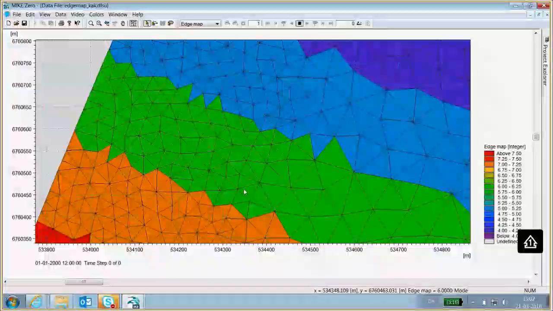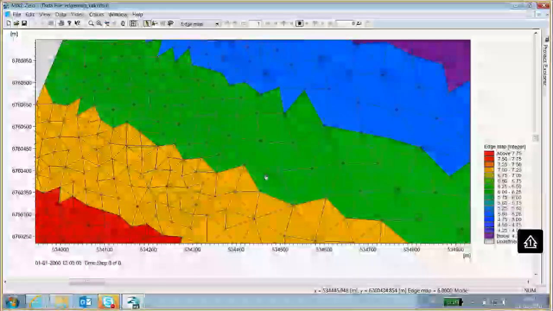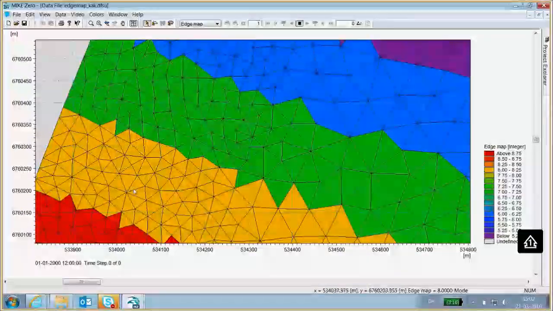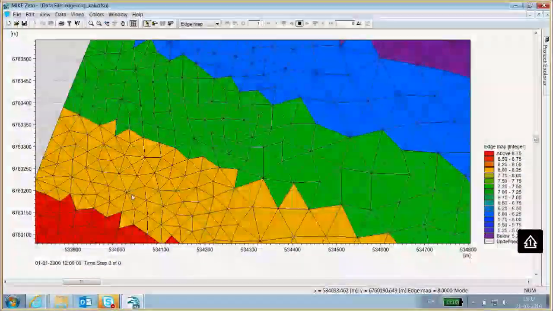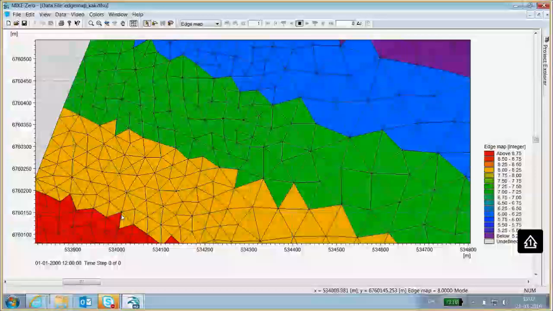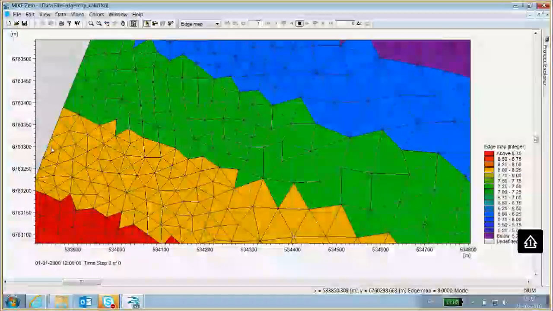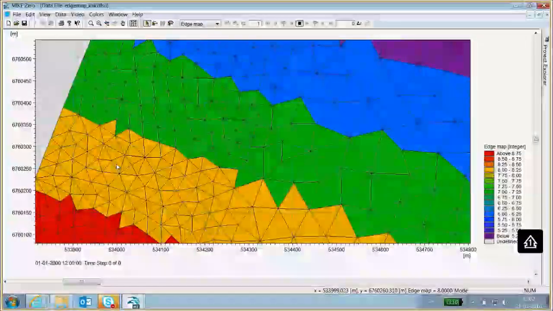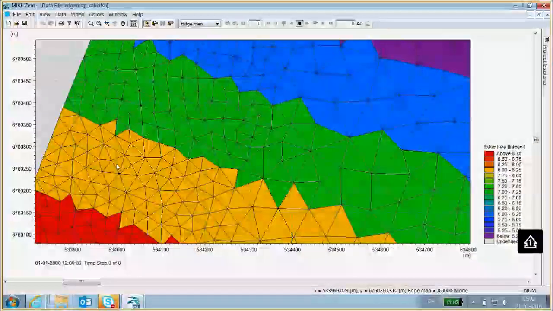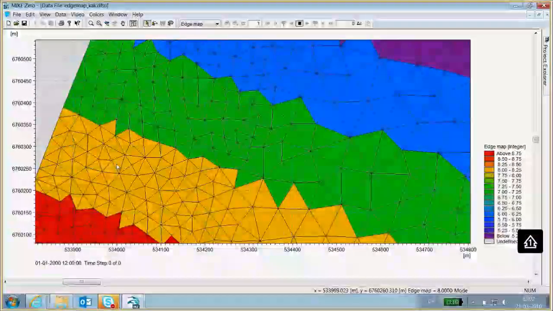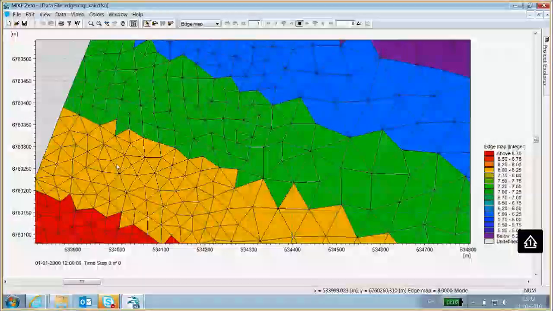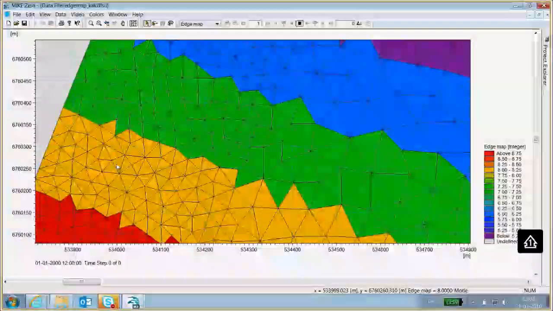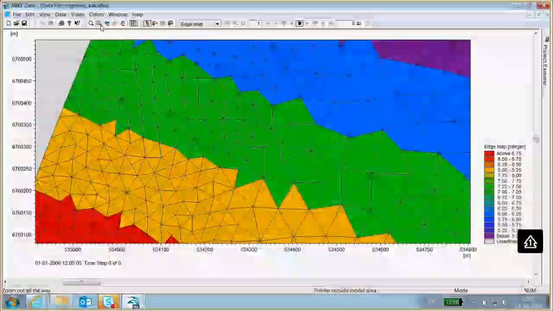You can probably get by with less, and you can see here we have 1, 2, 3, 4, 5, 6, 7. So here we have 5 to 6, and we actually only need 2 to 3. So in the present case, we could increase the alongshore resolution in the shoreline models simply by adding more vertices on our baseline and then redoing, of course, the shoreline and the edge map. But we're just going to keep what we have now.